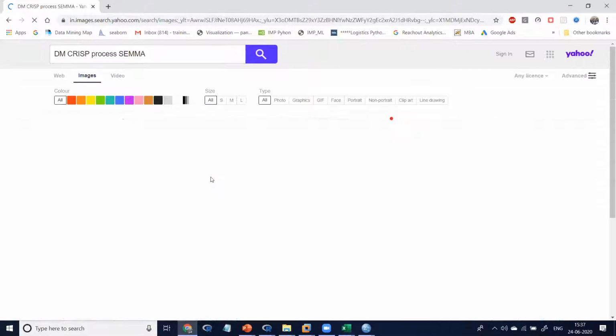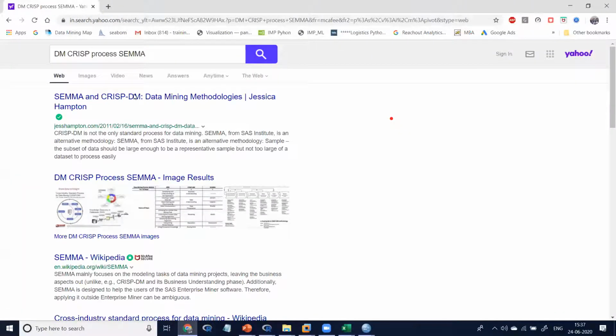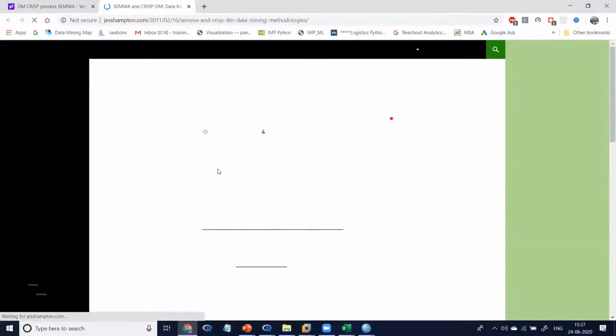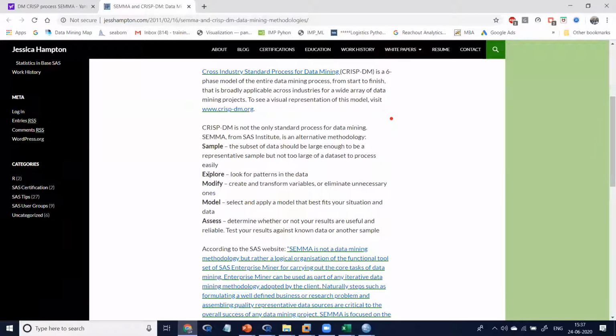What is SEMMA? SEMMA means S is sample, E is explore, M is modify, M is model, A is assess.